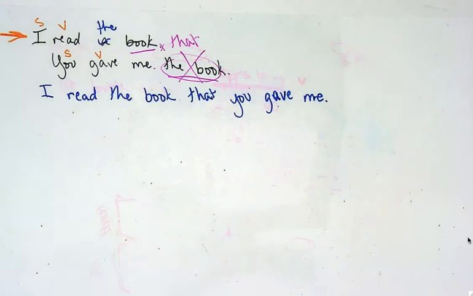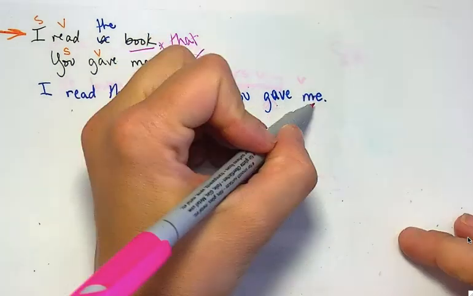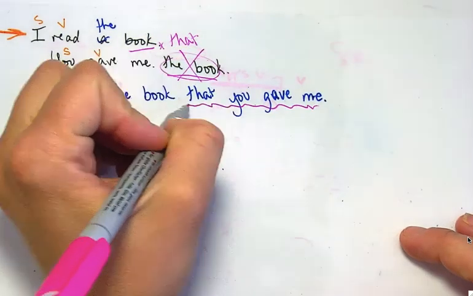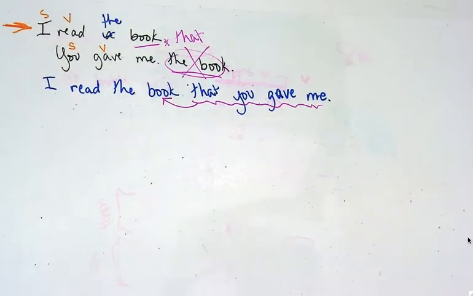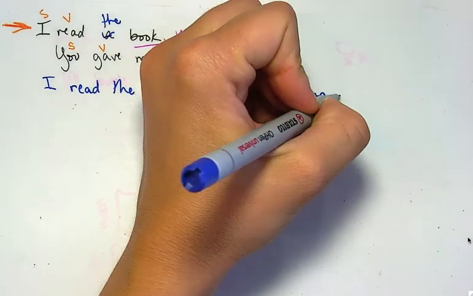In this case, where is our adjective clause? Our adjective clause is this. And it's describing more about the word book. Which book? The book that you gave me. Please be careful. You cannot put it at the end,